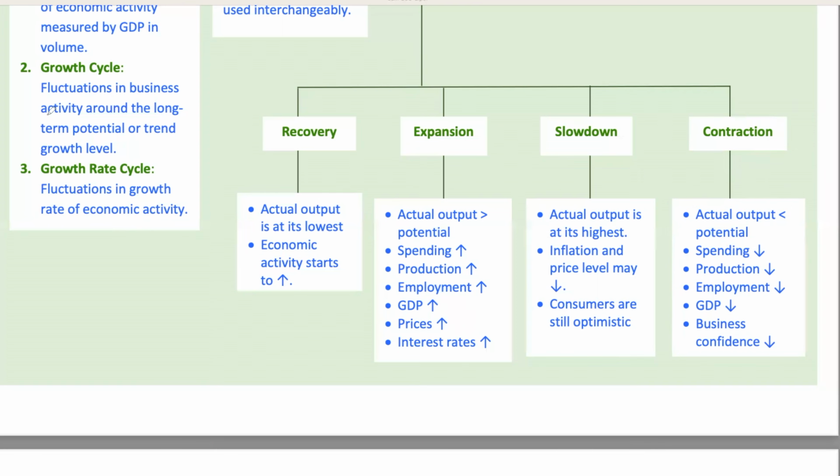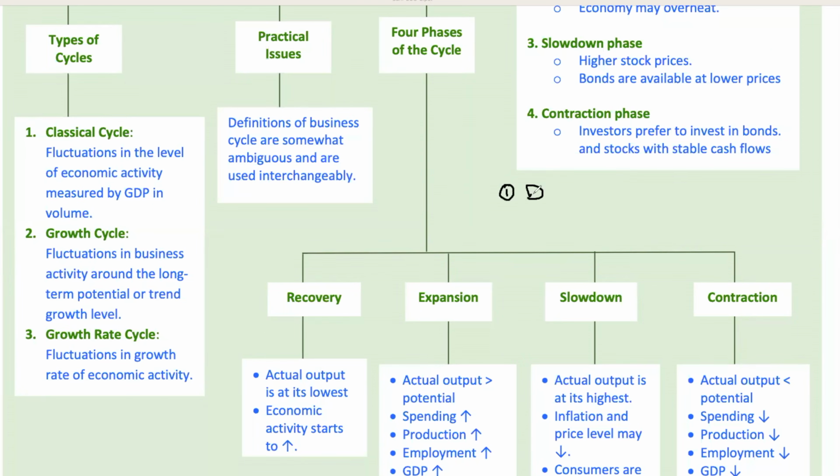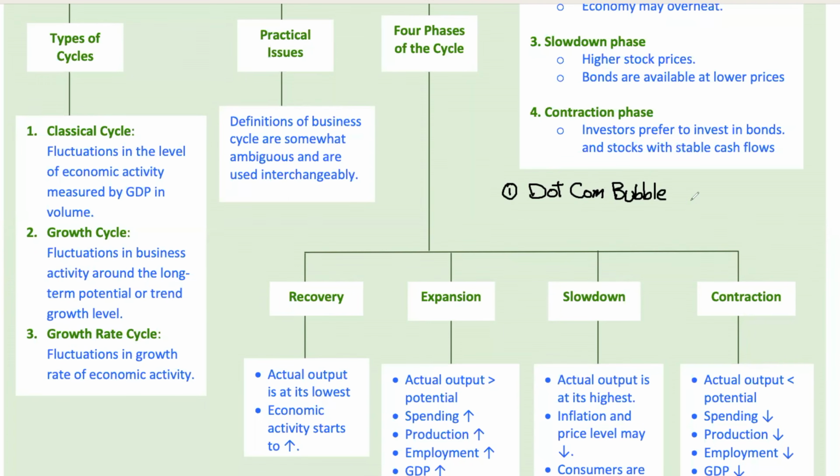Let's take a deeper look at 3 significant events in economic history to illustrate these concepts further. The first is the dot-com bubble and its aftermath, as we briefly discussed earlier. In the late 1990s, the dot-com bubble represented a classic expansion phase driven by technological innovation and speculative investments in internet companies. During this period, stock prices soared, employment in the tech sector increased, and there was significant investment in